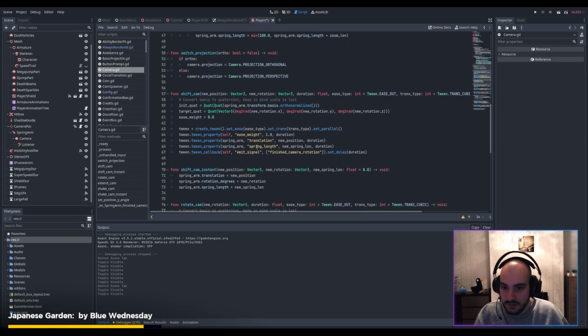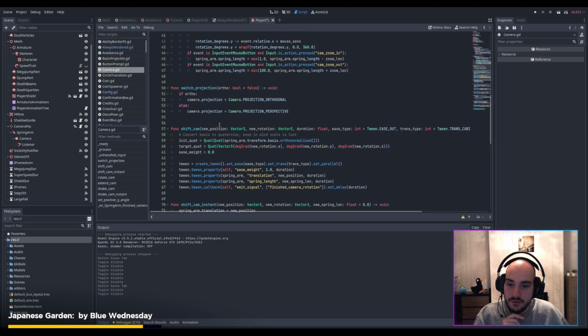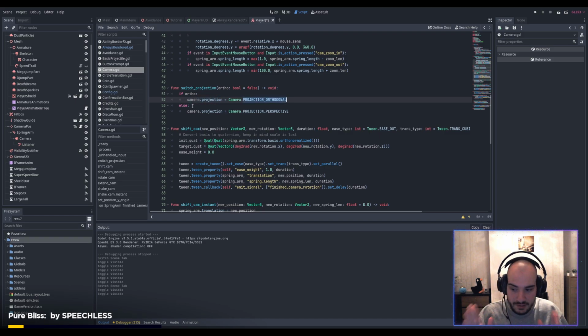Switching from 2D to 3D is fairly simple. You just need to make sure you do it quickly, otherwise it's very noticeable. So all you do is switch projection. You change the camera projection to orthogonal, and that makes it 2D. Or you can do it to perspective, and that is 3D. And so what you do is you switch it to orthogonal, and when you do that, you also need to